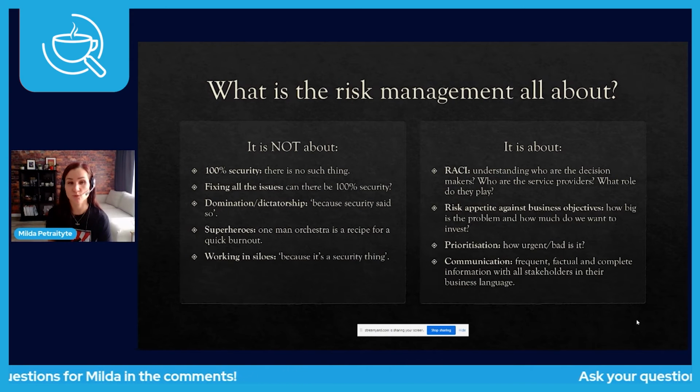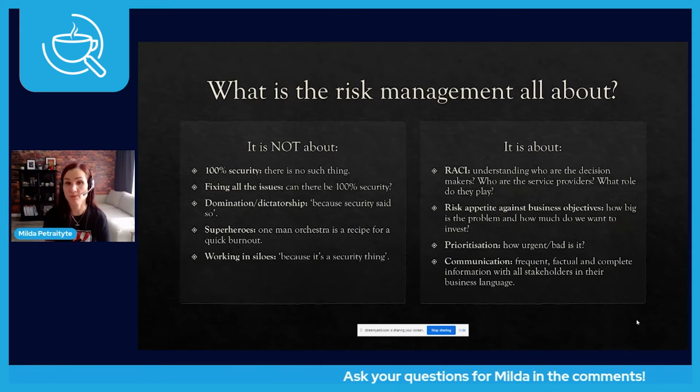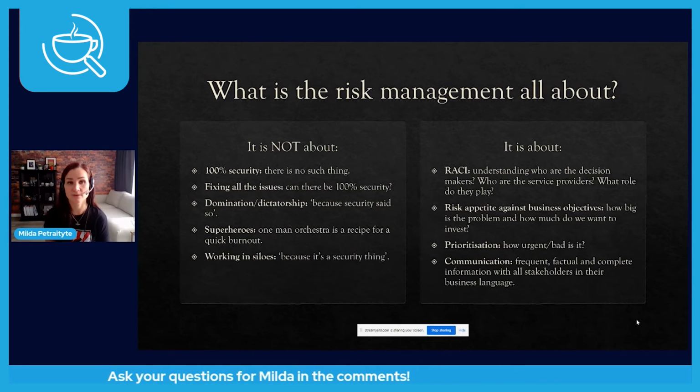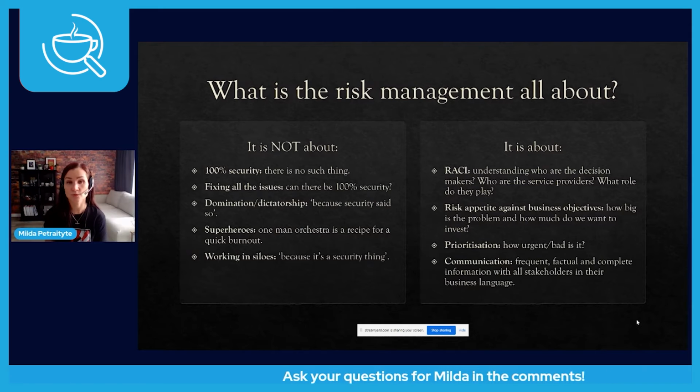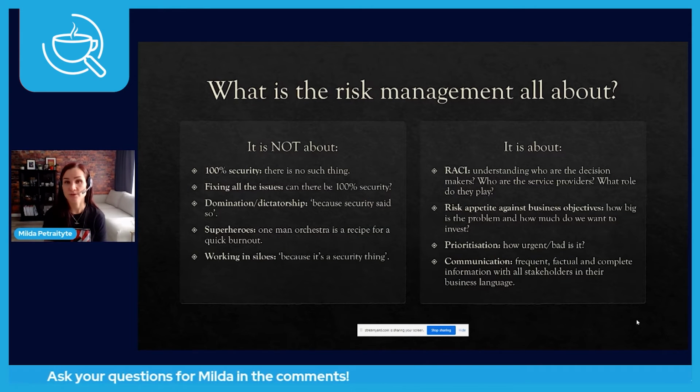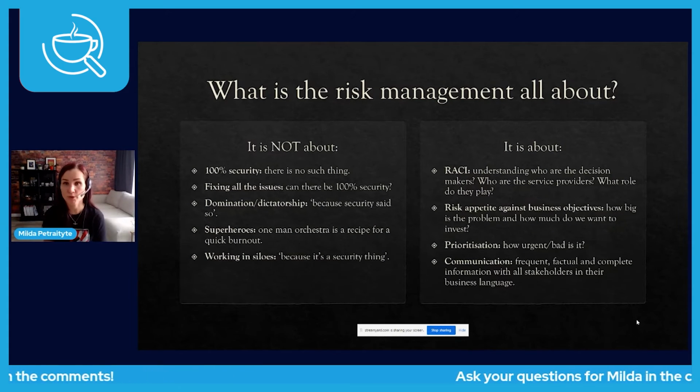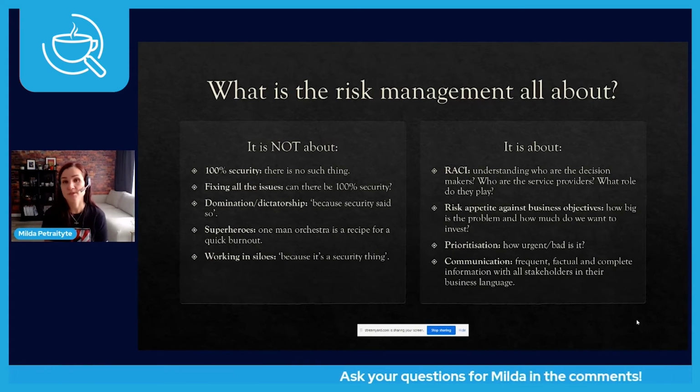They ask teams what you need, let's say in terms of resources, how many people do you need? It's not like HR goes away and hires that many people that they think organizations should have. So same with security. Security should ask the business owners, what do you want me to do? How much effort do you want me to put in? So that would come back to the risk appetite. How much do you want to invest for me to solve your problem? And let the business decide. And this way,